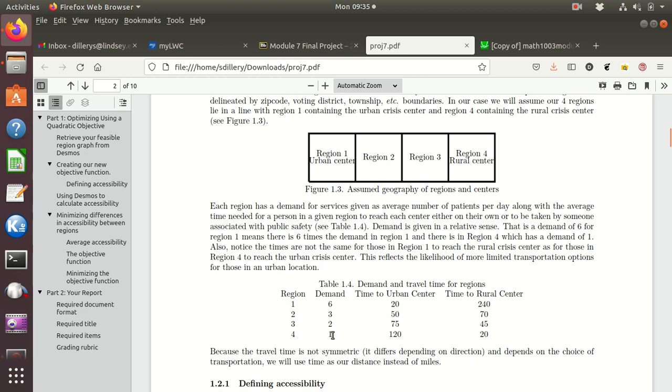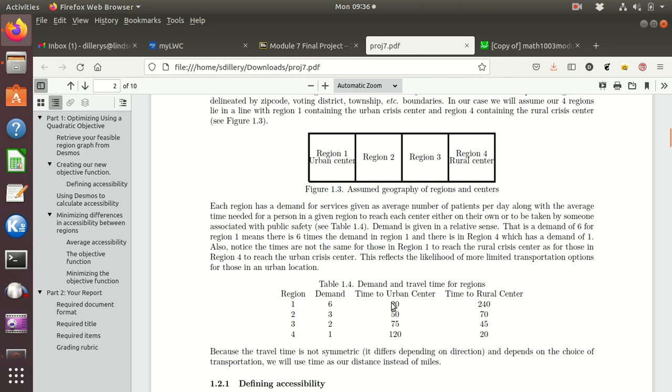Now the demand, what's one? Well, it's not saying it's one person. It's just a relative thing. So Region 1, which is urban, has 6 times as much demand for counselors or counseling or the center as the rural center does. Probably because there are more people. And regions 2 and 3 have 3 times more and 2 times more, respectively, than the rural center as far as demand. And then we can look at travel time, and